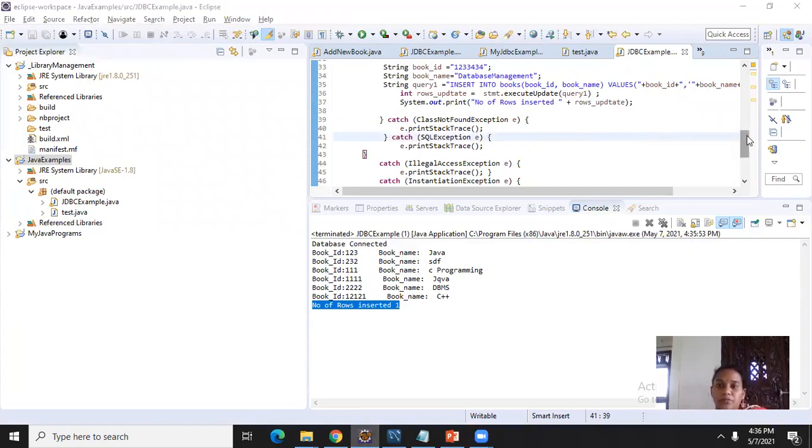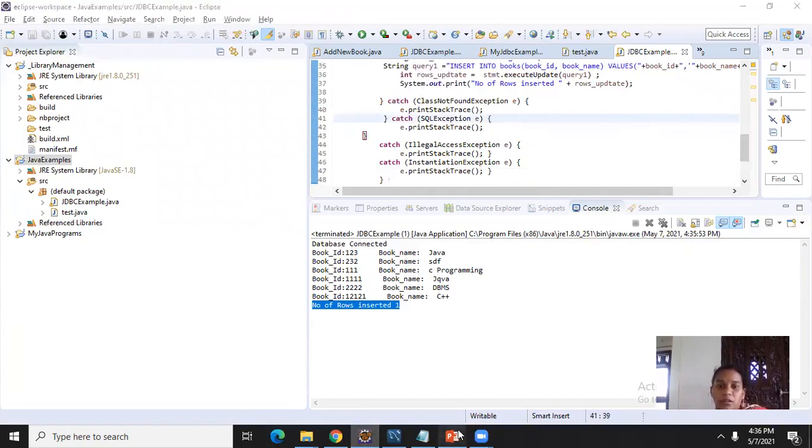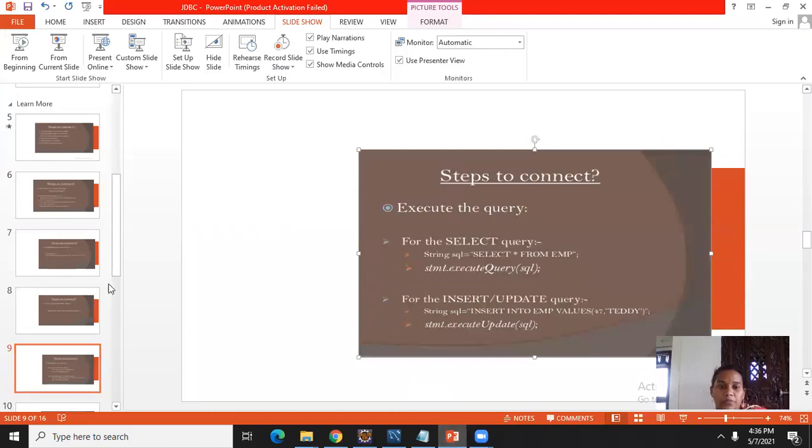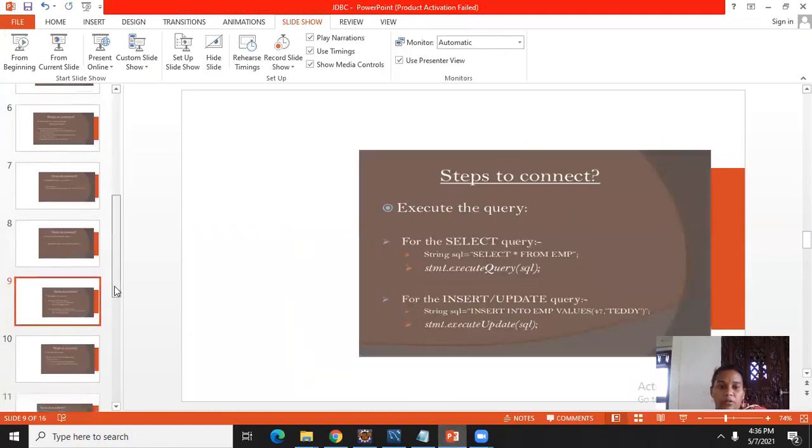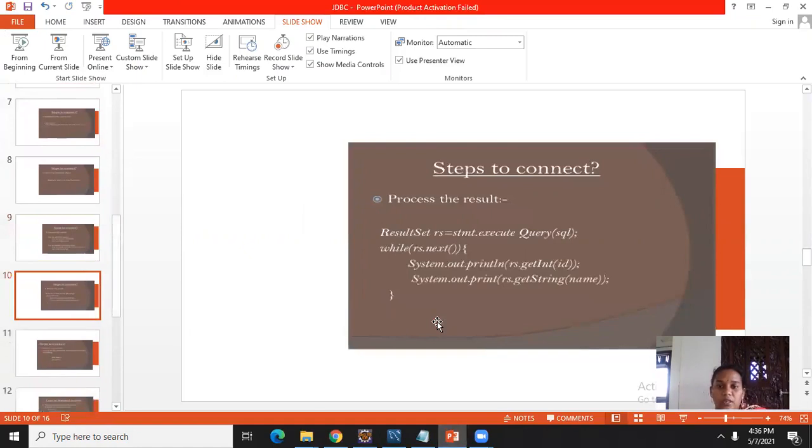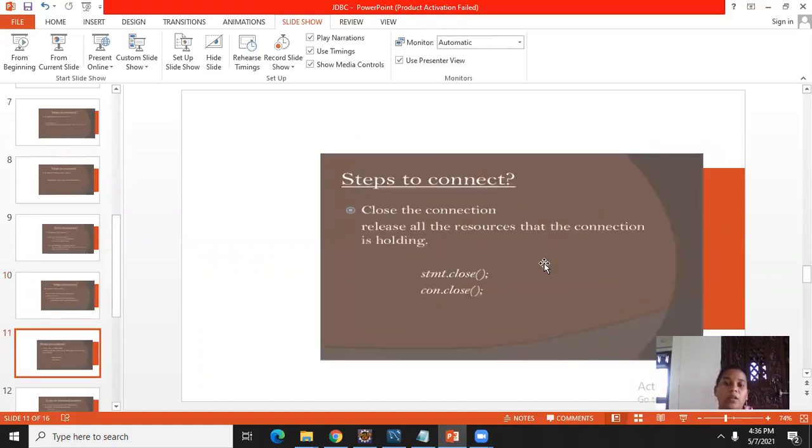Okay, this is the execute update, and one more is there, execute query, already done. ResultSet holds the result set and prints the result set data. This is already finished.